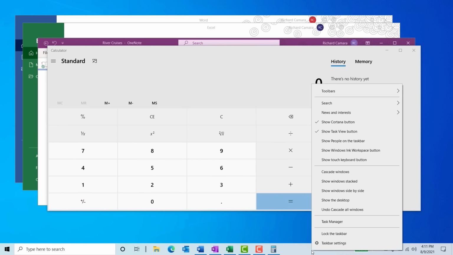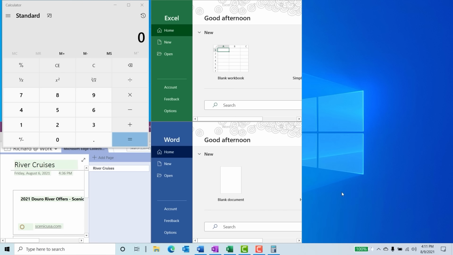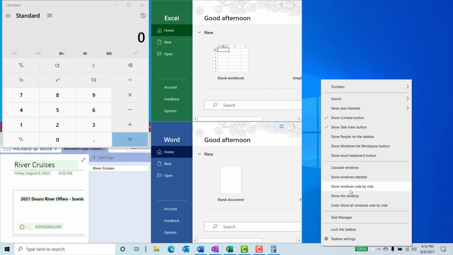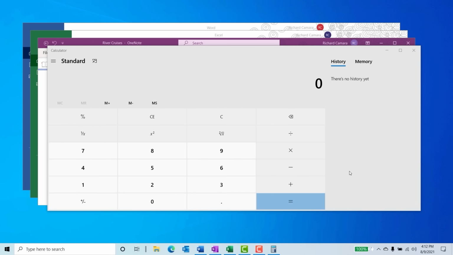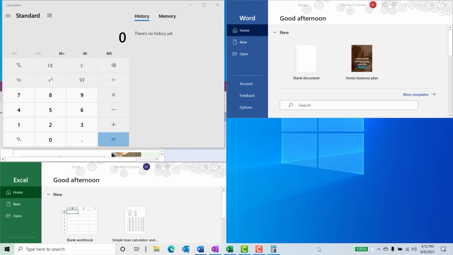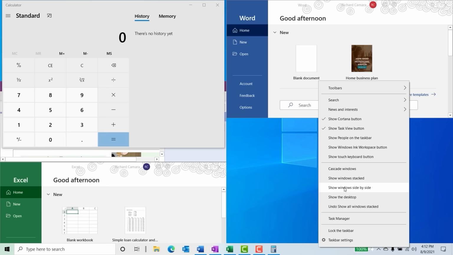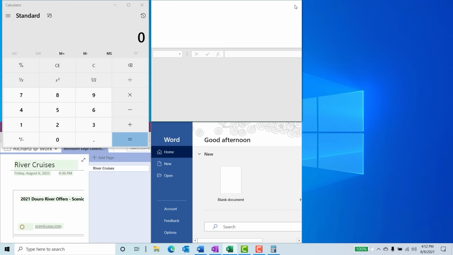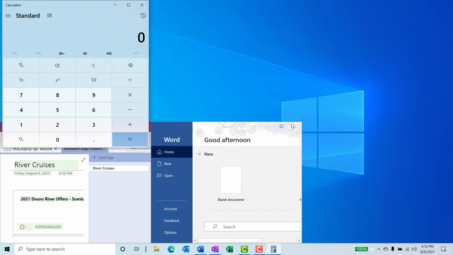If I right click on a blank area, instead of cascade, I could choose, say, Windows side by side. So now my windows are trying to tile themselves side by side. I'll right click on a blank area again, and I'll show the windows cascaded. I'll right click again and show them stacked. And I'll right click once again on the taskbar and show them side by side. If you close the windows,